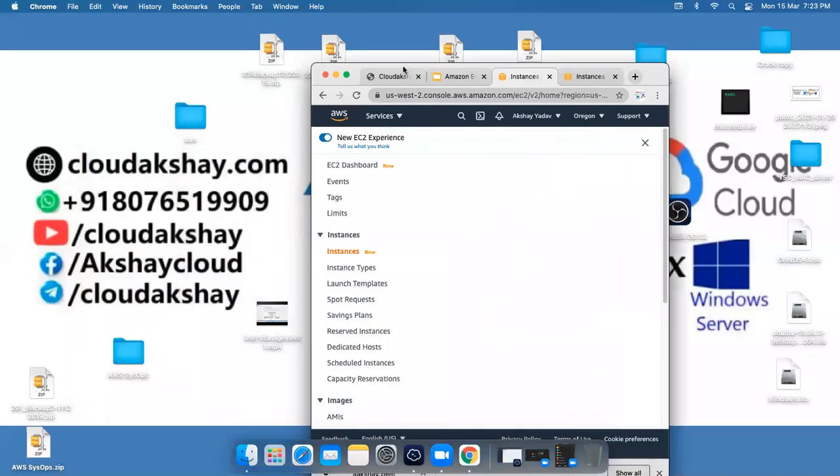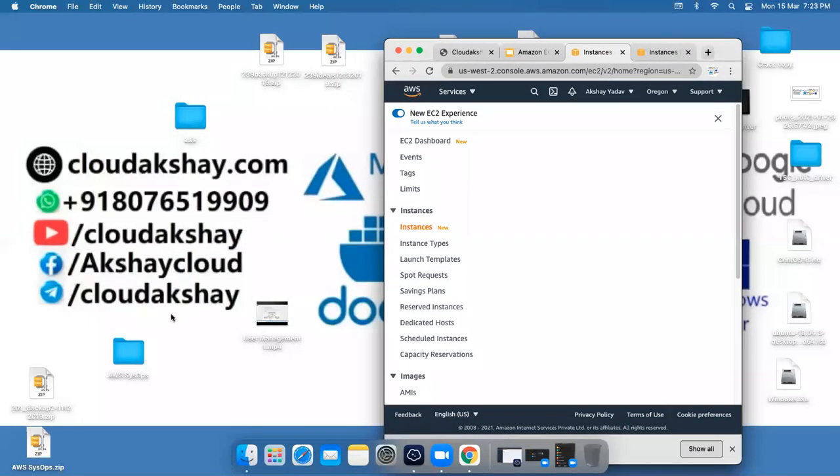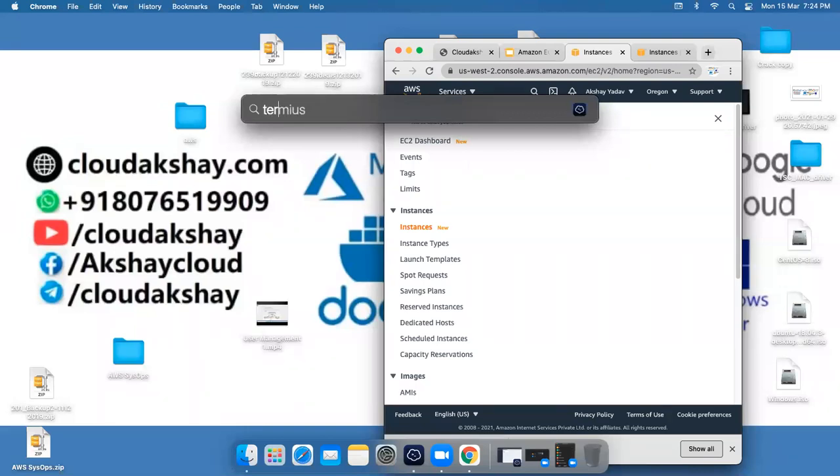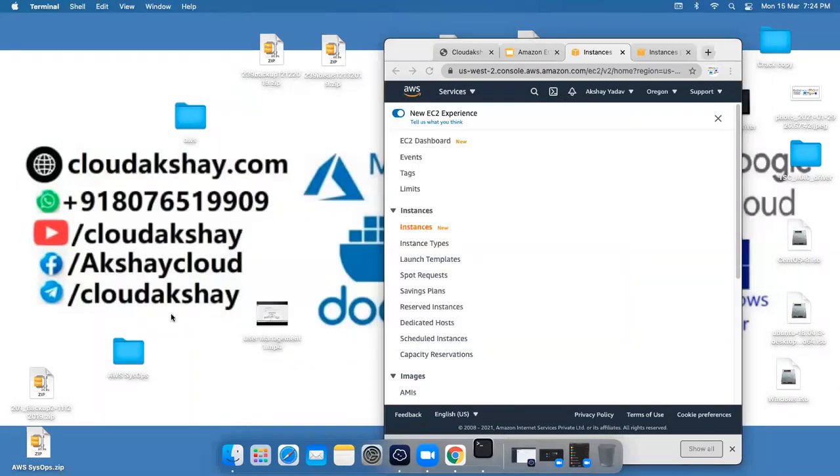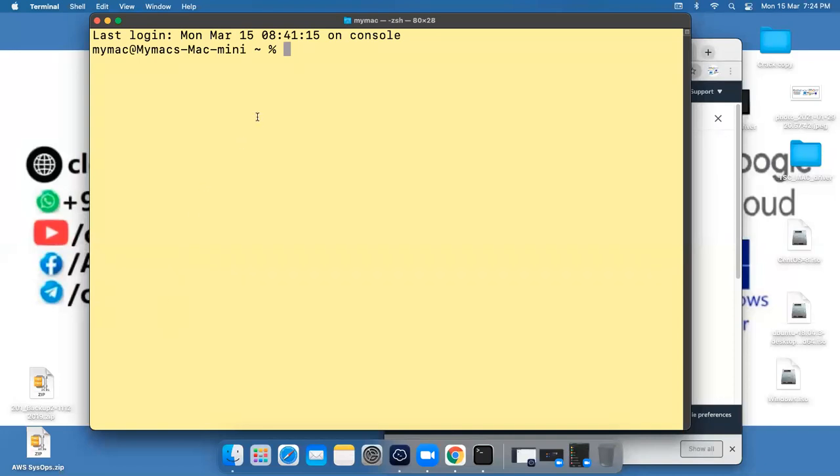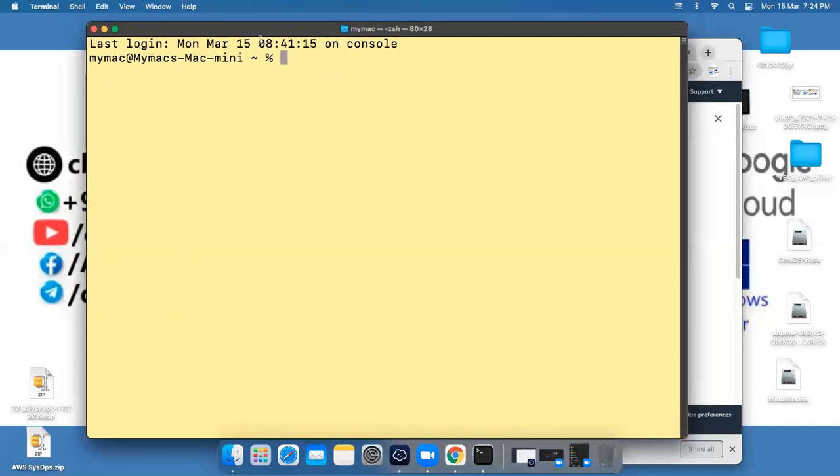So how can I connect? First, I need to go into the key file directory. I downloaded it into Downloads. So first, cd Downloads.